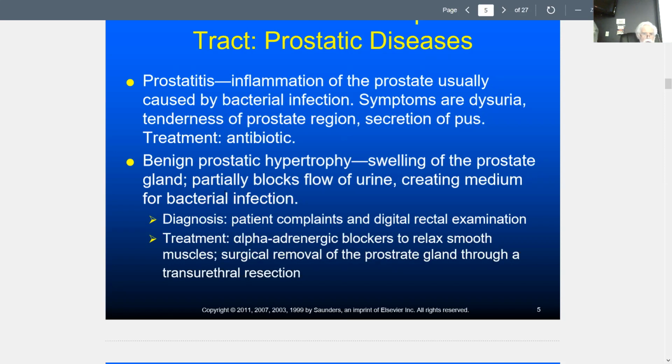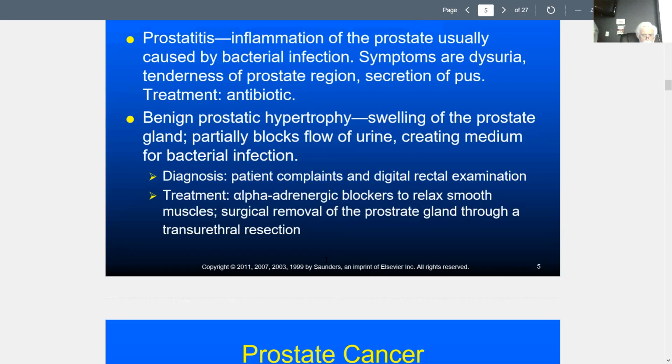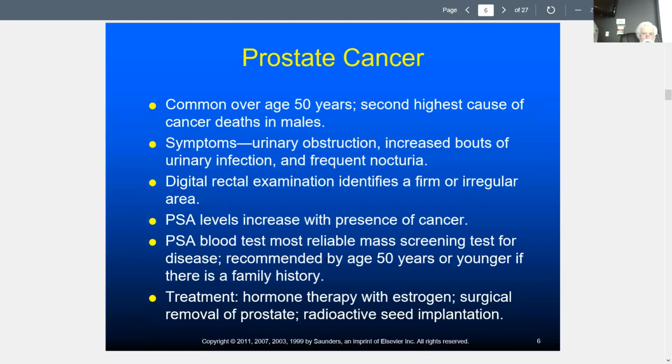The problem with that is then they become more prone to UTIs. Okay? So we have some drugs that will relax the smooth muscles of these various tissues. Sometimes they work, sometimes they don't, sometimes surgery is needed, and there are 5 or 6 different surgical procedures that can be followed. Prostate cancer